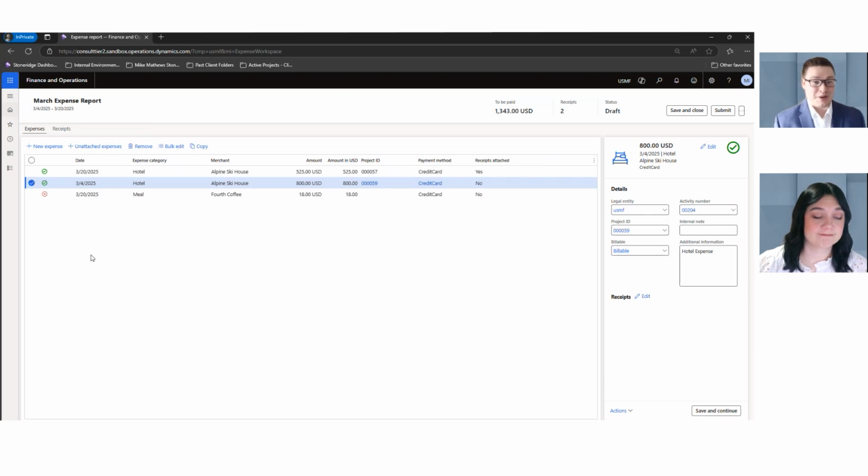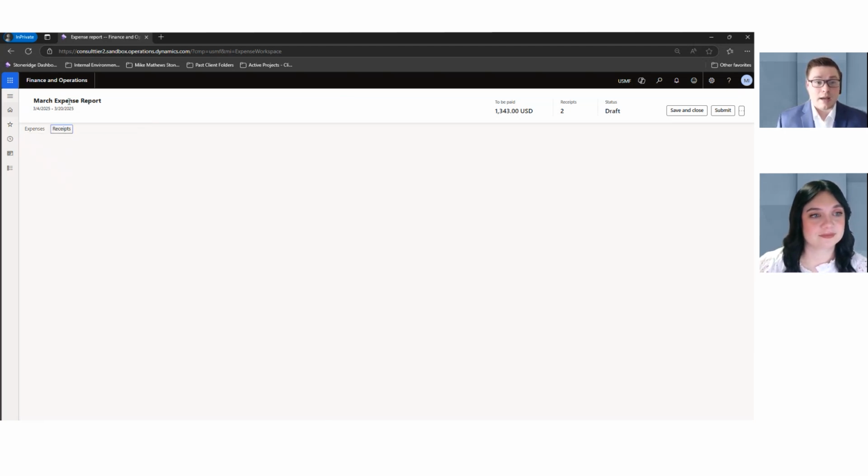If you don't need to create a new expense, you would come here and click unattached expenses, and that would give you the ability to add in new expenses that have already been created but are not attached to this report. If you want to remove an expense, you would click the remove button, and that would remove the selected expense. If you want to see any of the receipts that are attached into the expense report, you would click the receipts tab, and then that would show any of the receipts that have been added to this applicable expense